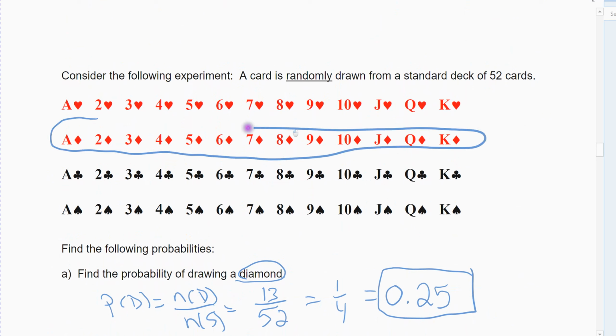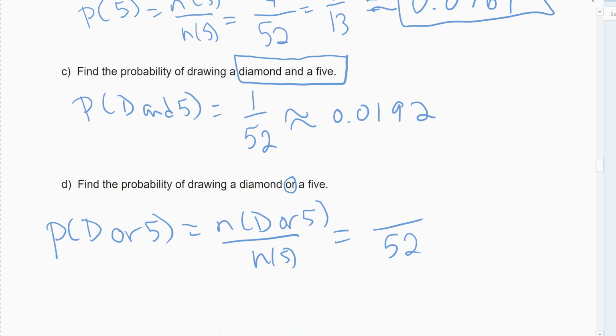there are all my diamonds. There are all my 5s. I don't want to count this guy twice. So if I were setting this up with the formula, there would be 13 diamonds, 4 5s, and I counted one of them twice. So that would be 17, but minus the one I counted twice, so it's really just 16. Or you could just go ahead and count them, 13, and then add 3 more, comes out to be 16. So there are 16 cards that are either a diamond or a 5, and I only count that 5 that's